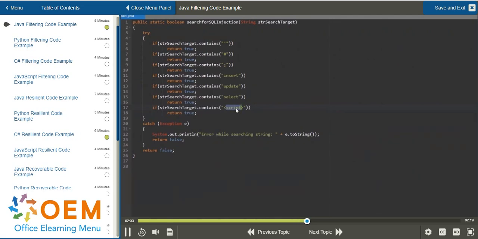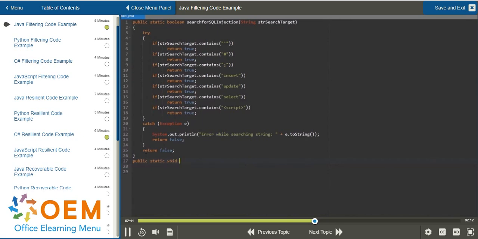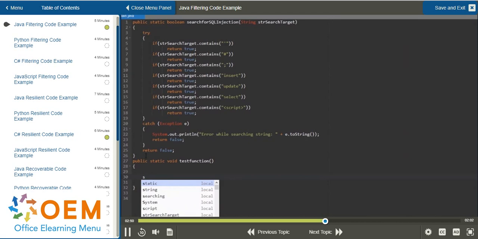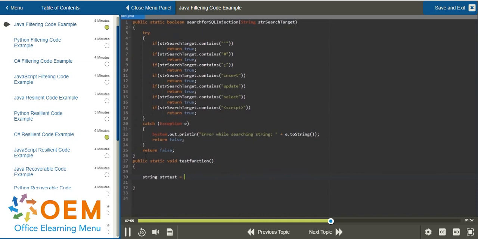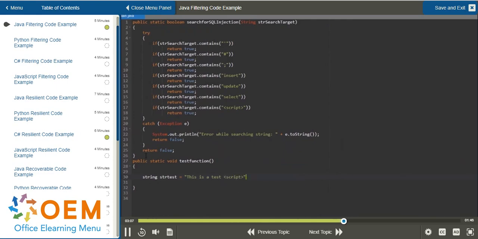Now that leads us to the next point. What about the calling function? Well, let's make one real quick. I'm going to call this public static void test function. It doesn't have to have any parameters, but at some point it will have a string. And I'm going to make this a string I'm going to call test, and I'm going to put some values in it. And I'm going to say something like, this is a test, but I will add in that script tag. Now all I have